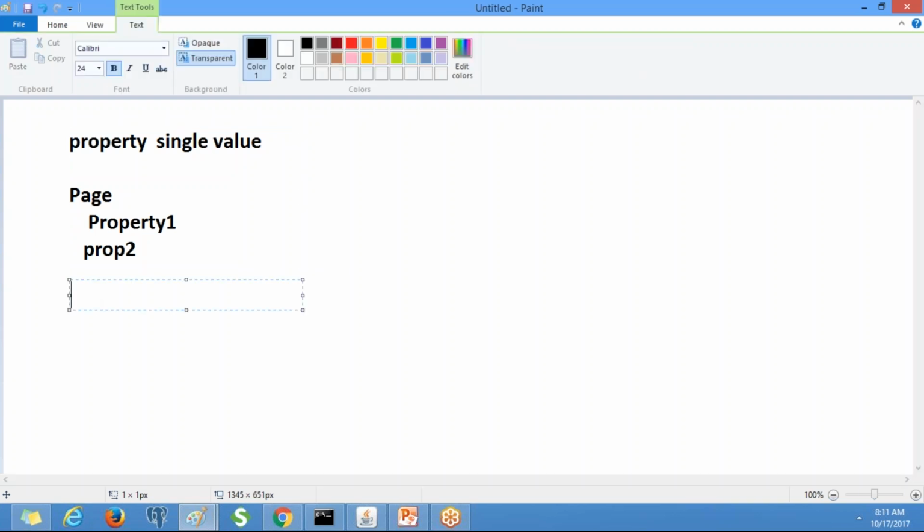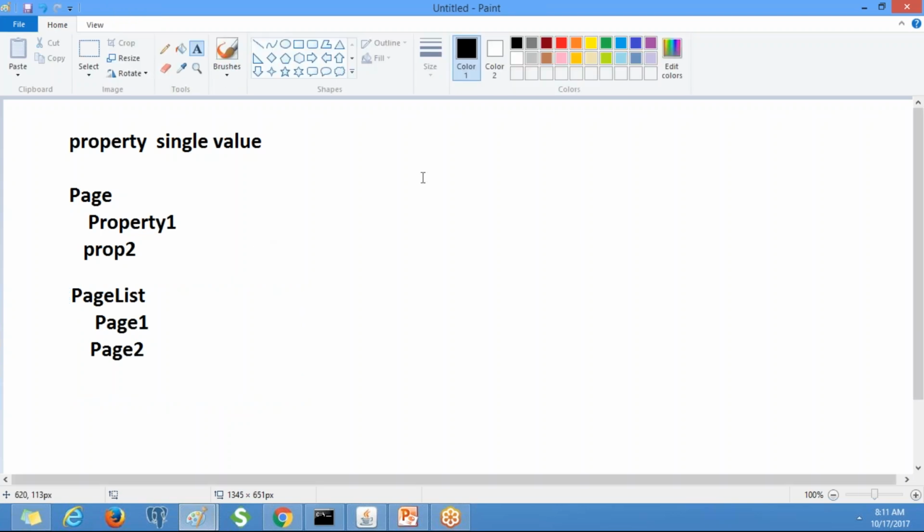Now we have one more property type called page list. The name suggests the page list is a collection of pages: page 1, page 2, etc. Each page contains multiple properties, and those properties contain single values, right?